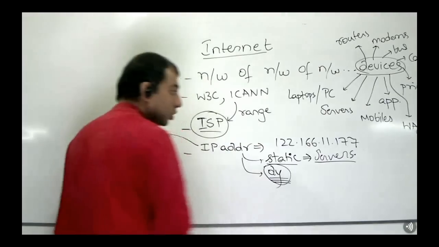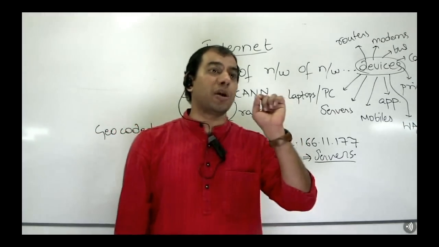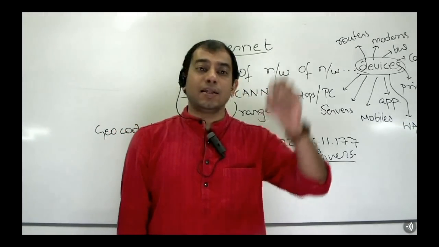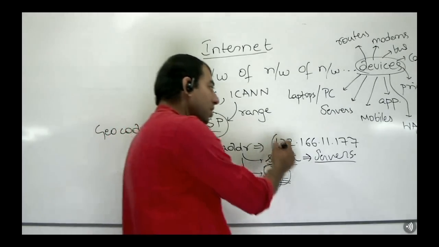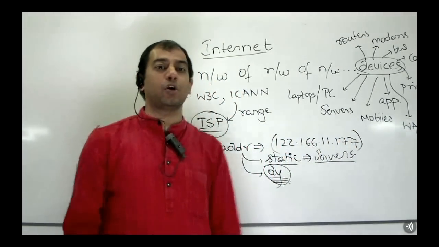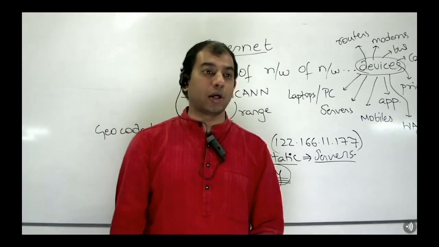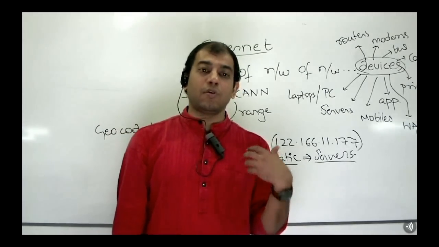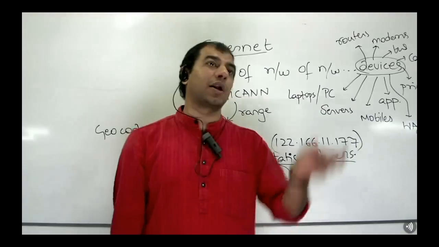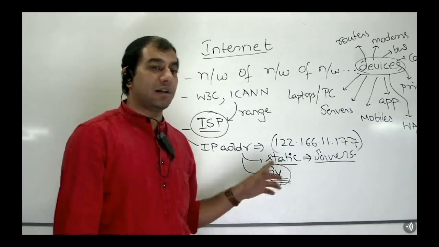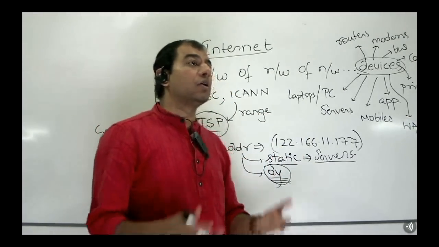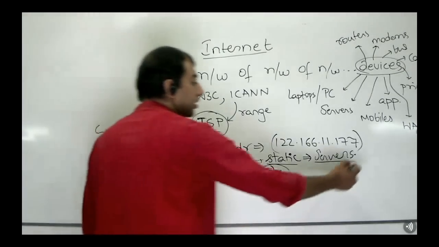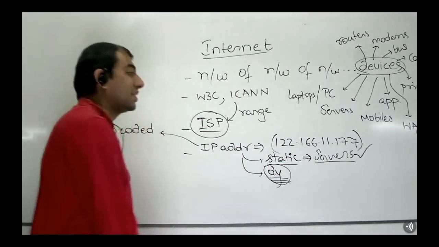Only those machines which need to be identified and discovered in the same location every time are given static IPs. For example, this IP address is the IP address given to our server. So when you log into the Uttara portal, imagine if every day you want to log into the Uttara portal and I keep changing the IP address, then it is a nightmare, isn't it? So obviously it should be discoverable, which is why server-based systems are given static IPs.